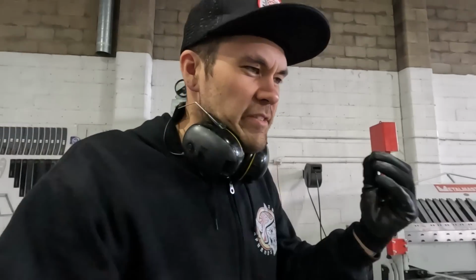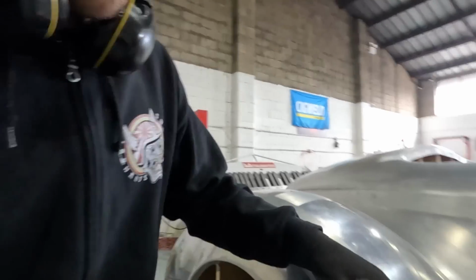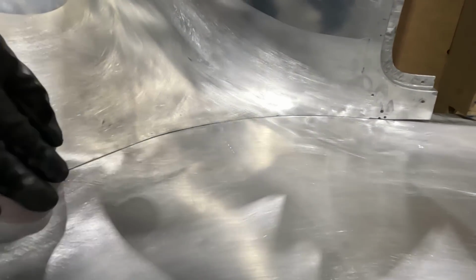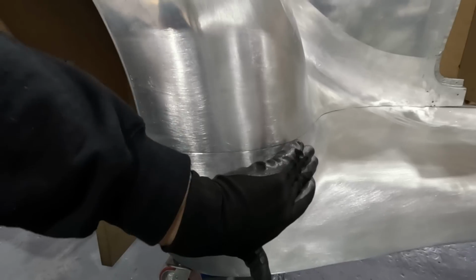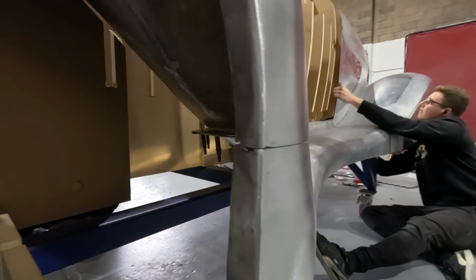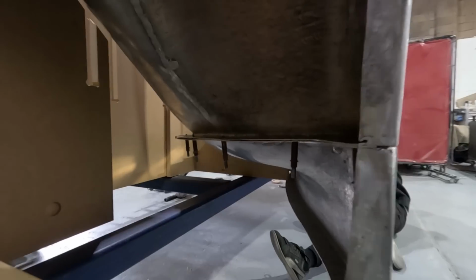Check this out. So this is one of the spots that the design has changed a little bit from an original Auburn, I guess, to make it just more beautiful. So this is a really difficult spot to have a body line. This isn't even a body line, this is a seam line. It's going to be completely something that you barely even see, but that is turning up almost 90. This area is very flat, and then it's turned up again. So that flange is really difficult to get, but look at how tight a fit. Like we're talking,